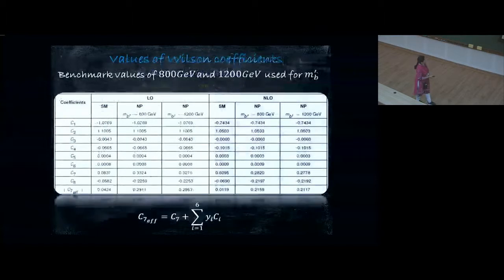Okay. And as I said, we do the RG evolution and calculate the Wilson coefficients. As you notice here, whether I have the standard model or a b prime of 800 or 1200 GeV, C1 to C6 will have no change, right? There's no mixing of the dimension 6 operators with C7 and C8. So it's only at this point that this changes: the presence of the b prime means I have my C7 and C8 present, which was absent in the standard model.